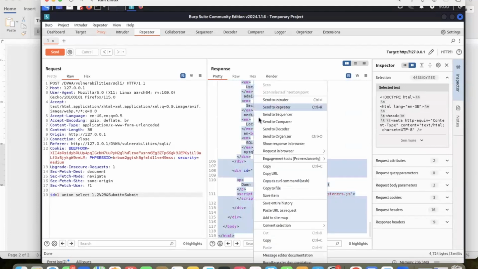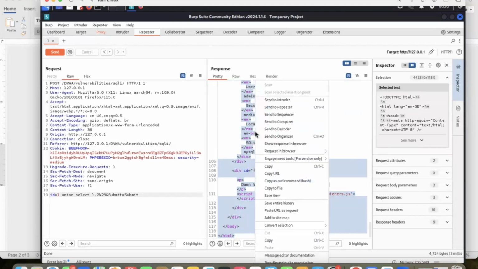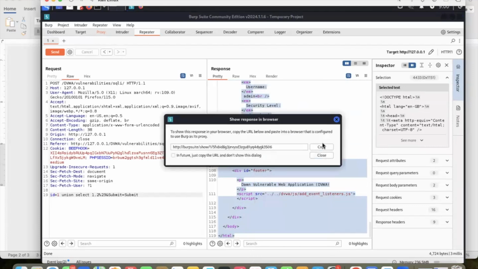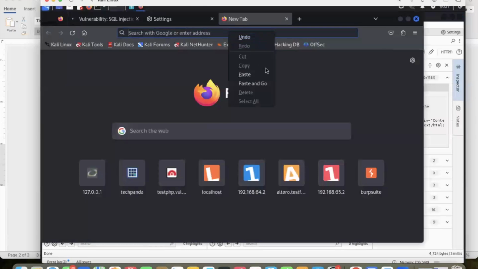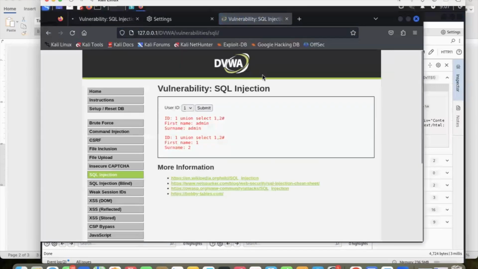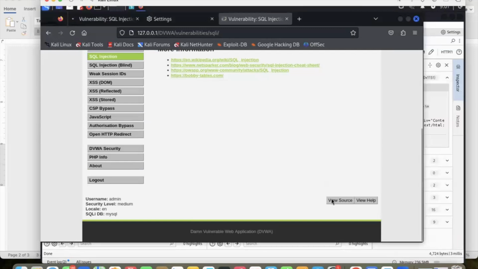Right click, and we can also ask it to show the response in browser. Let's try to do that directly. Copy, and let's show the response in browser. Let's paste it here. All right, it did work. You guys saw it did work here because the problem is they are not passing the argument right here in the medium. So if I show you guys this,